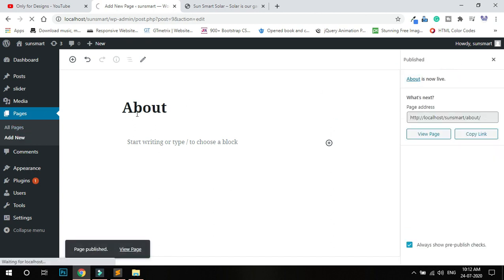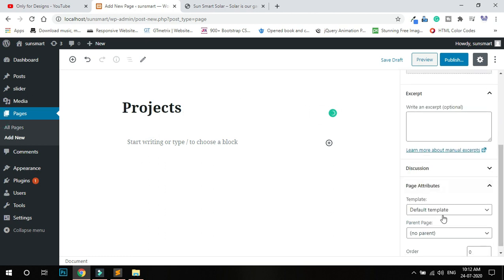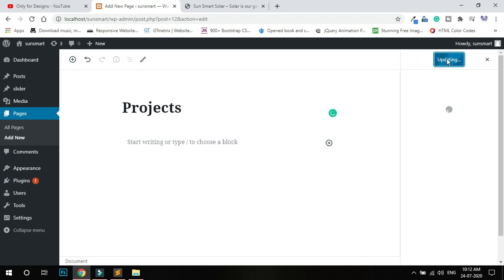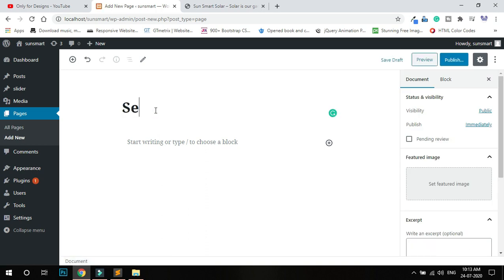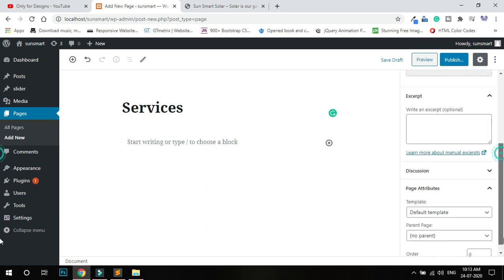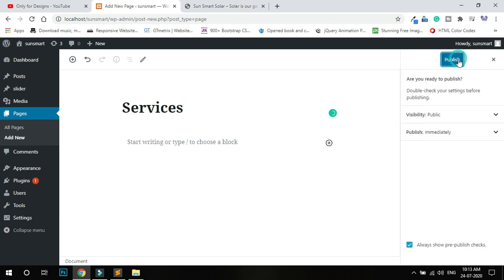Third, projects, then choose projects. Fourth, services, add services, then choose services.